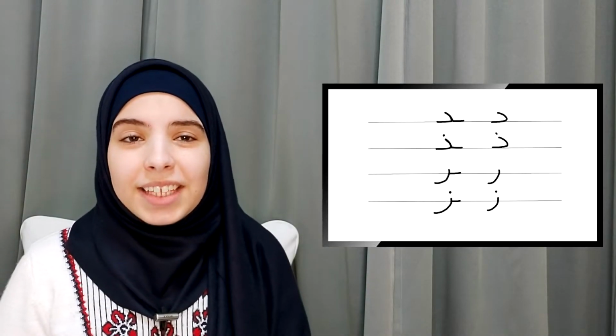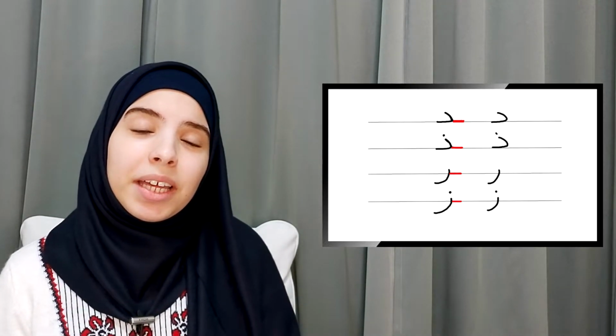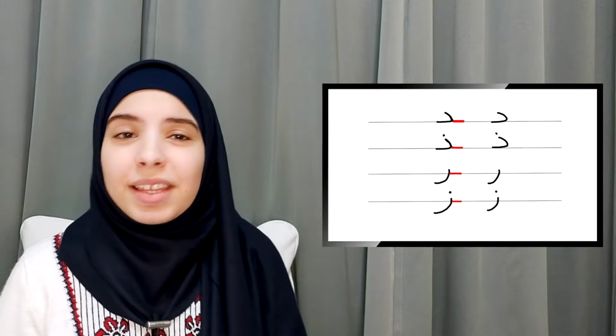You see, just add a helping line here when these letters are preceded by a connectable letter. That's it. Dal. Dal in Arabic stands for D in English. Dal, da, da, dal. For example,